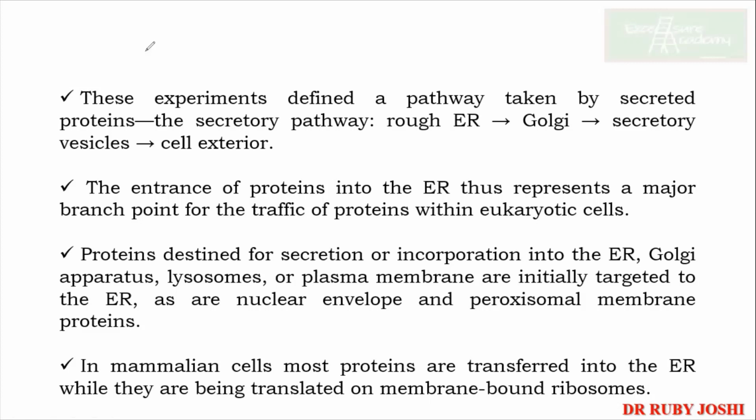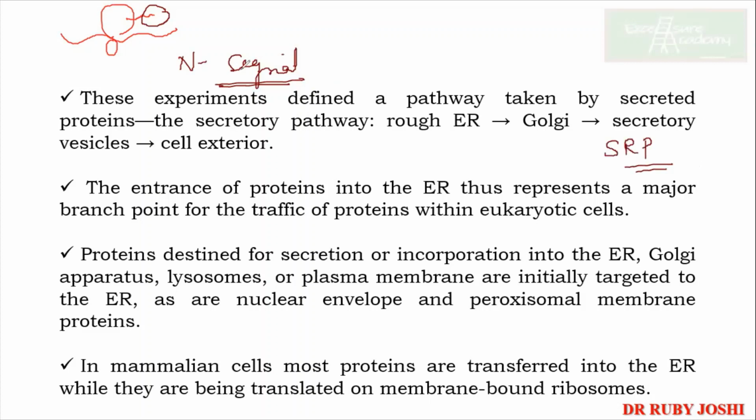Is it clear to everyone? So what did I just say? Translation is happening. Okay, this is your ribosome. The moment यहाँ से polypeptide chain आया, this particular region, this N terminal, acts as a signal. So it's a signal which will be recognized by certain other proteins, for example, SRP. We'll come to that. So they bring this entire complex, mRNA, ribosomes, everything to your ER,